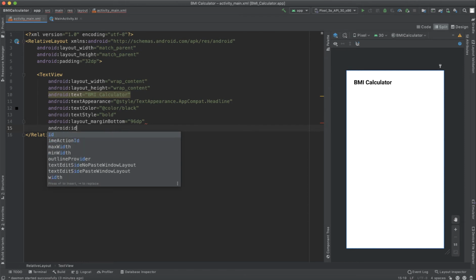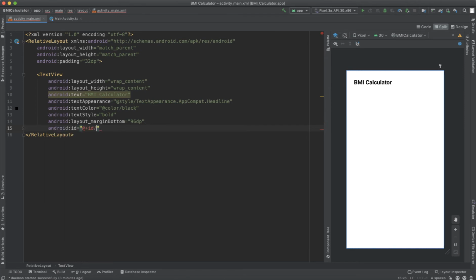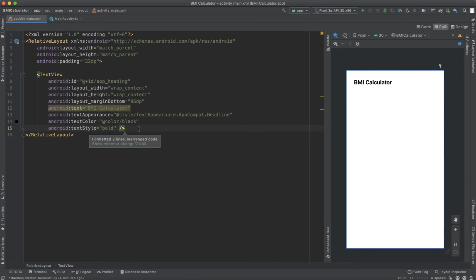So I will add my ID, @+id/app_heading. This ID can be used to reference by other elements and we will be able to relatively align the elements according to these IDs. So I will close this text view and we can press Command Option L so that it reformats the code.